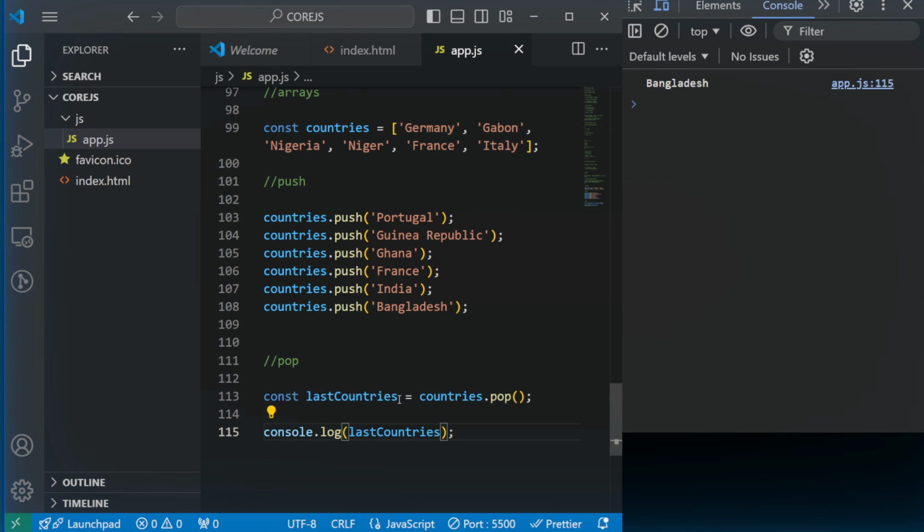So the next thing is, what if we know the name of the element in the array, but we do not know the index number? Of course, the example we looked at so far is so easy that you could see the index number, but what if you know, oh, I know that there is France in my array, but I do not know the index number. So how do you get the index number? Let me comment this out. Okay, so we can get the index number by using